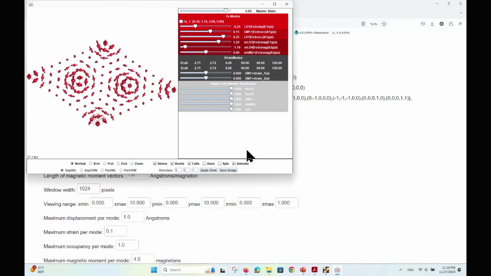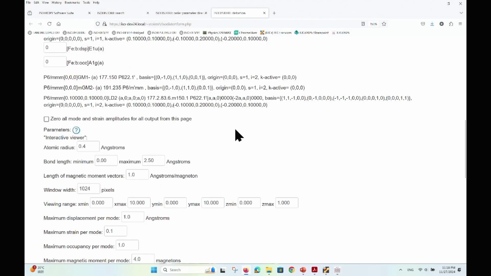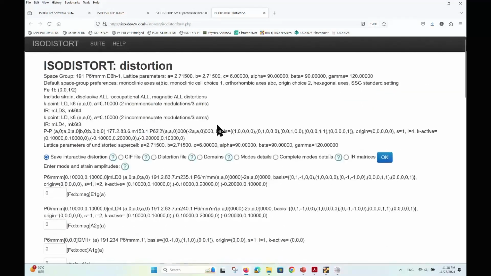So let me pause this, and I just want to point out that the symmetry group is interesting. If we look at the CIF file and look at the operators,